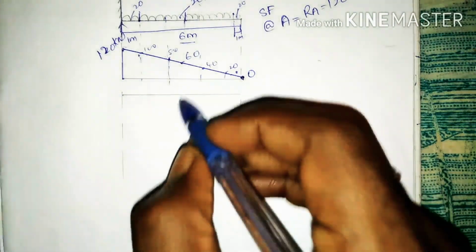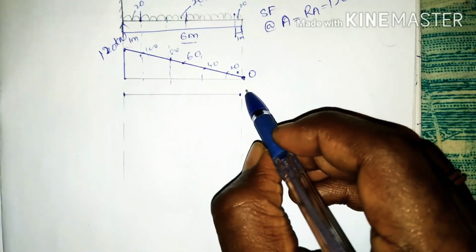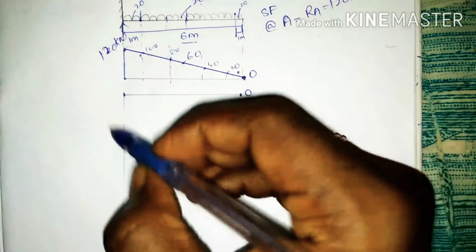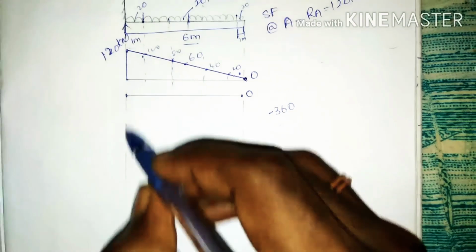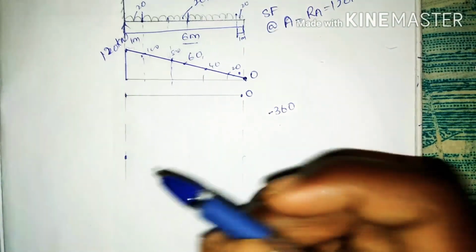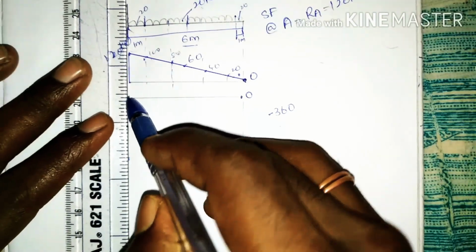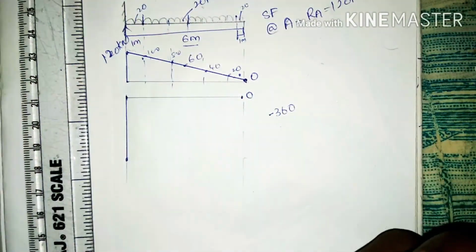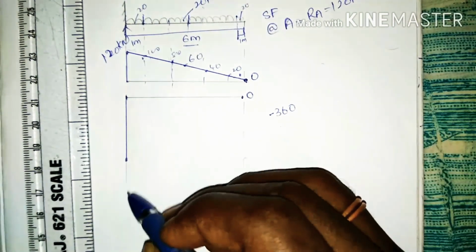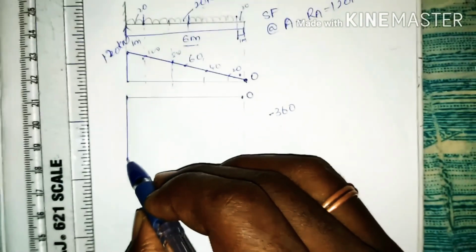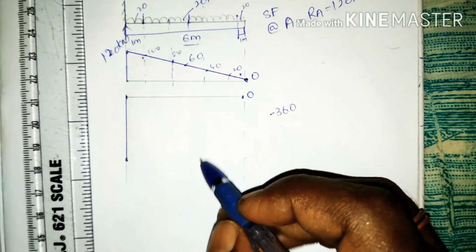Next, for the bending moment diagram, we have the moment about B equal to 0 and the moment about A equal to minus 360, that is, somewhere at point 360 here, and we join the points. Here we have one condition. We should not draw a linear or straight line while connecting from 360 to 0. It should be a parabolic line.